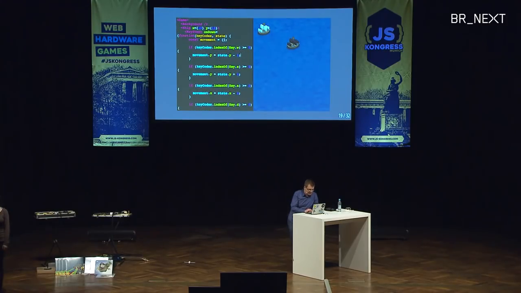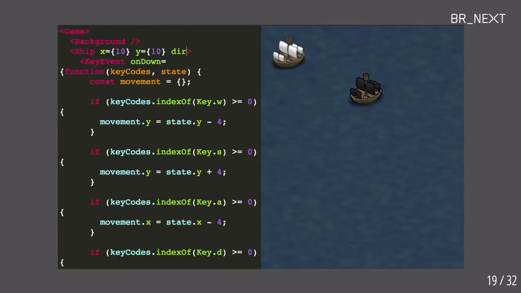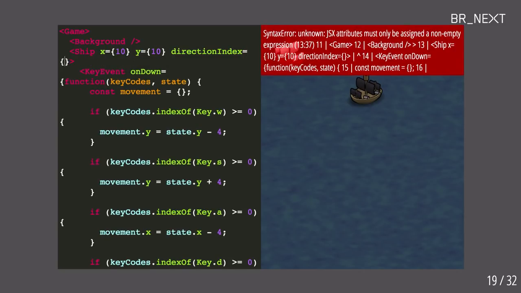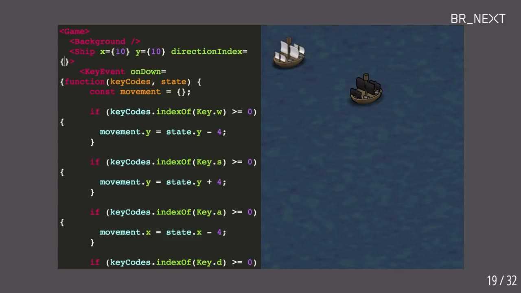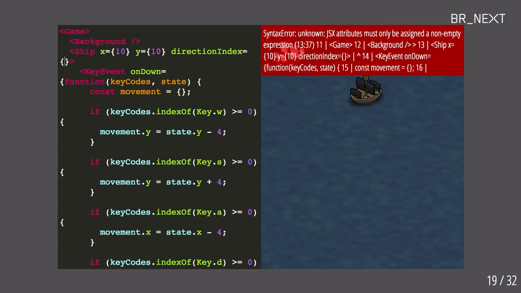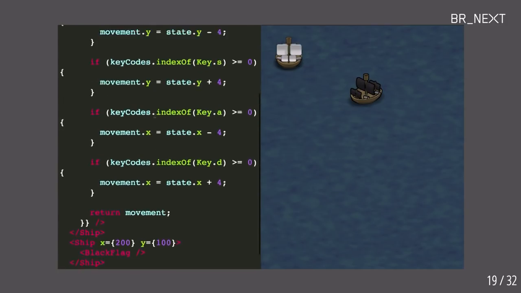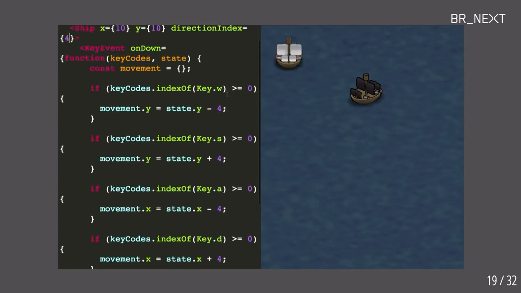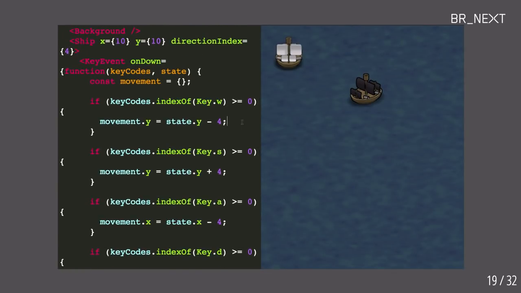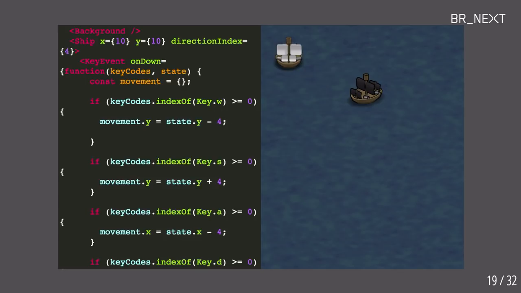So to actually update the ship, I put in something that I called a direction index, which automatically pulls in the correct image. So if I put in 3, it will display the ship to the top right. If I put in 4, it will be in the upwards position, those kinds of things. So what we just need to do here is say, okay, if I'm pressing the button, then instead of